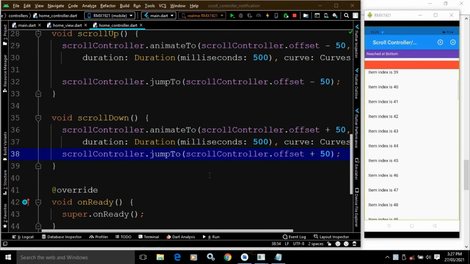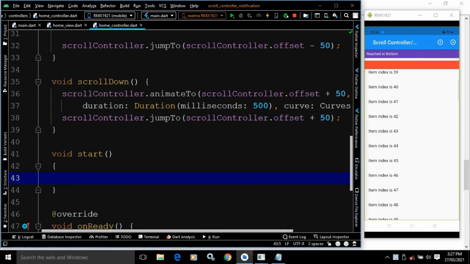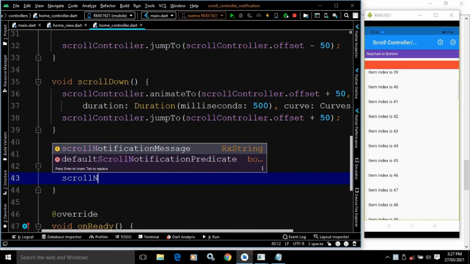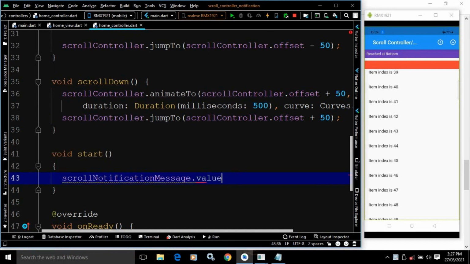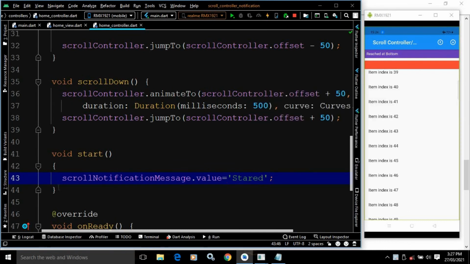Now here I will create the methods to track the scroll notification, meaning whether it is started, updated or ended. So here I am creating the method void start, and here I will write scroll notification message dot value equals started. Let me copy this.